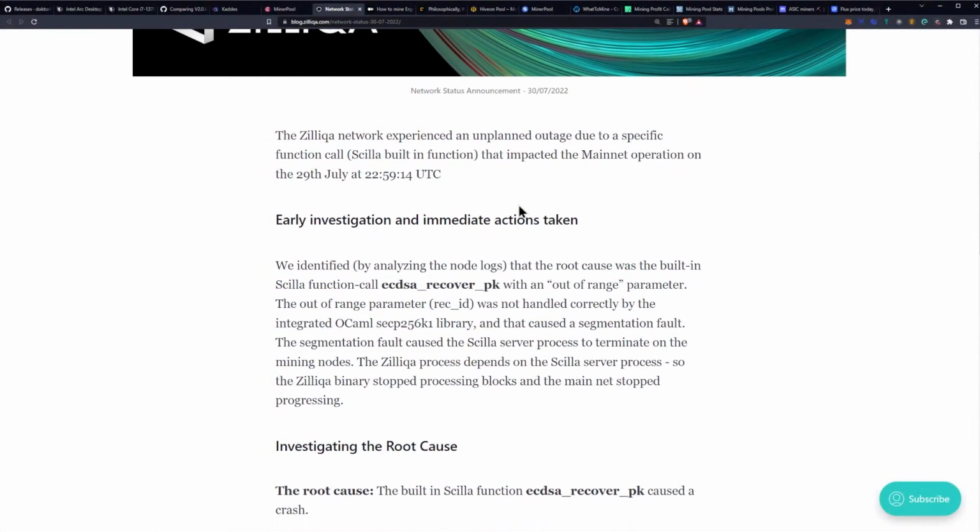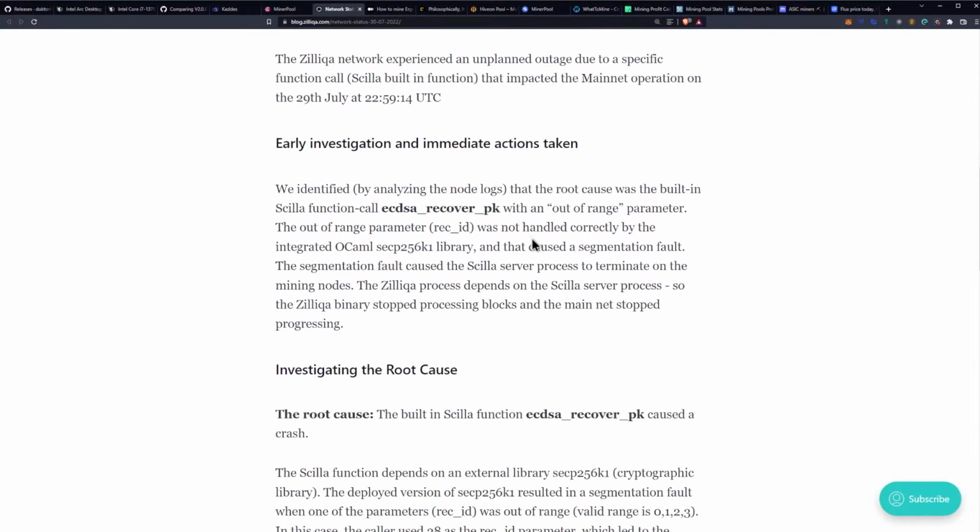The TLDR, though, is that Zilliqa did go down, the entire network, on the 29th of July. So the Zilliqa network experienced an unplanned outage due to a specific function call, Scilla built-in function, that impacted the mainnet operation on the 29th of July at 22:59 UTC. We identified by analyzing the node logs that the root cause was the built-in Scilla function call